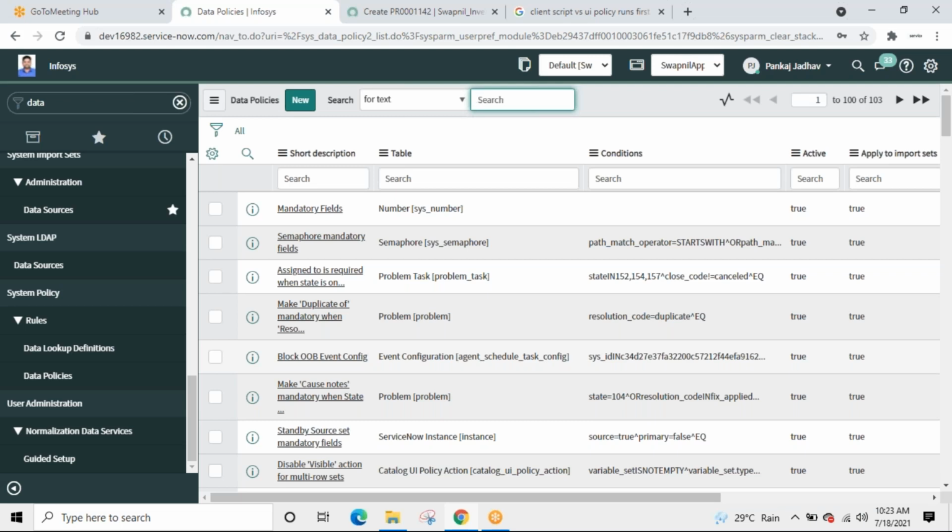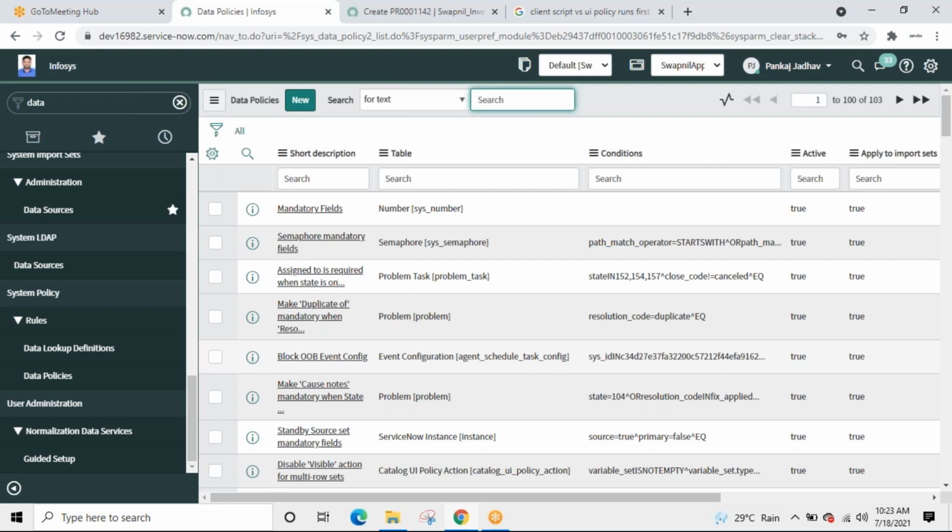UI policy, user interface. When the user actually opens the form and selects a value from the drop down, then and only then that UI policy will work. When the user performs something with the field, on change, on load, at that time it will work.